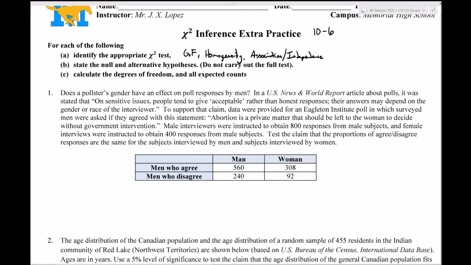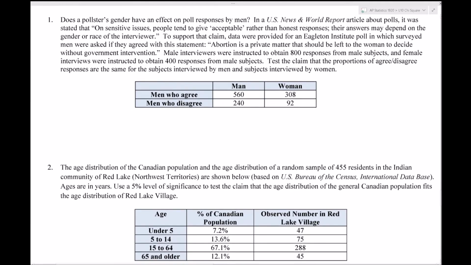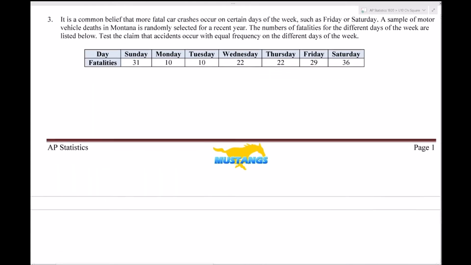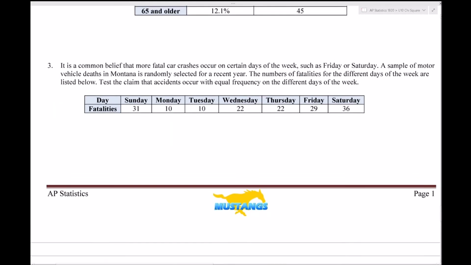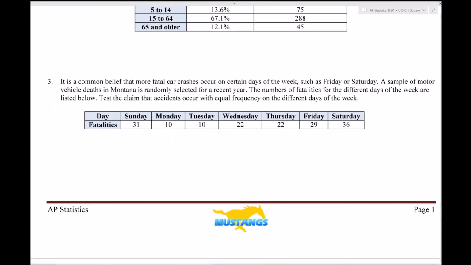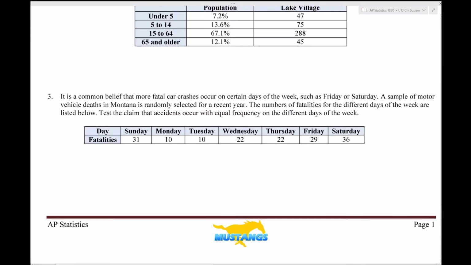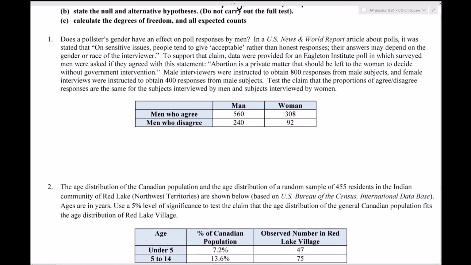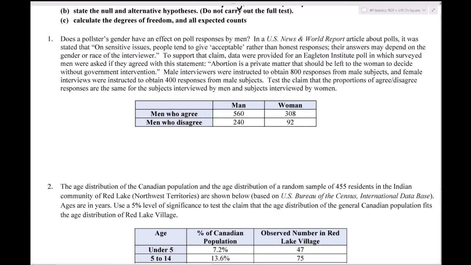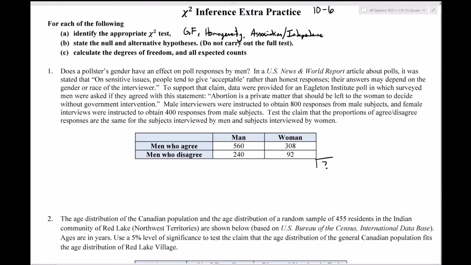So which is it? A lot of the time you can look at the data right away and maybe come up with a good guess. So we'll look at number one. Number one is a contingency table, and we would imagine there being a table total. So it's not going to be goodness of fit. Right off the bat, if I see two-dimensional data, it's more than likely not going to be goodness of fit. But then we might be